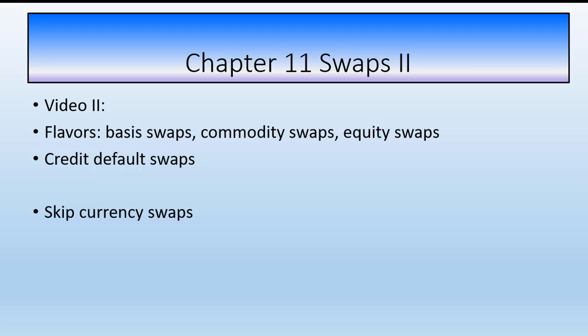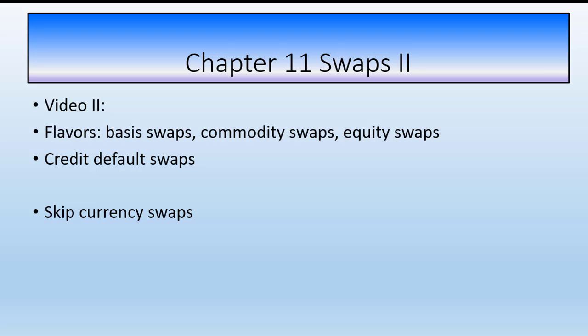This is the second video covering swaps. We will look at basis swaps, which are really swapping two floating rates. Normally what we're used to is plain vanilla interest rate swaps where we've swapped fixed for floating or vice versa. In this case, with a basis swap, we're swapping two floating rates, and so you're really looking at the spread